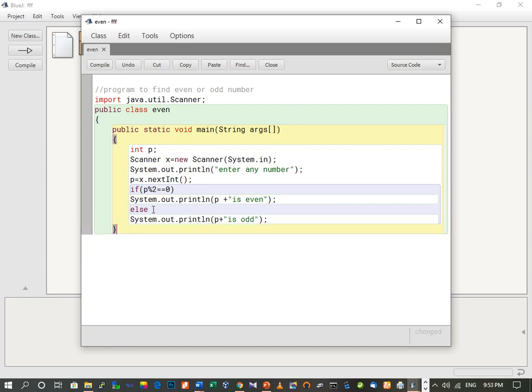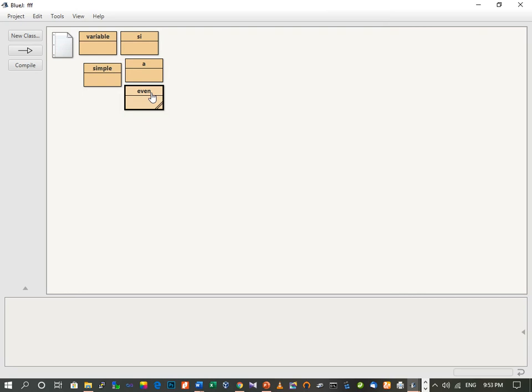Now we'll close the brackets and compile the program. Here we can see there is no syntax error, so we can now execute this program. Close it. Now execute this.